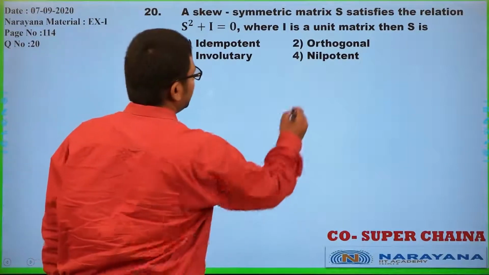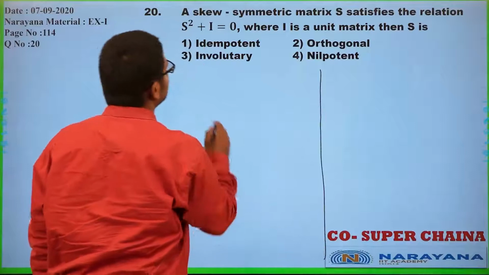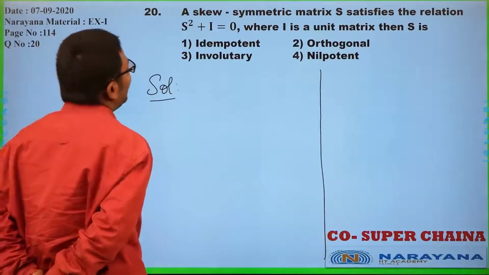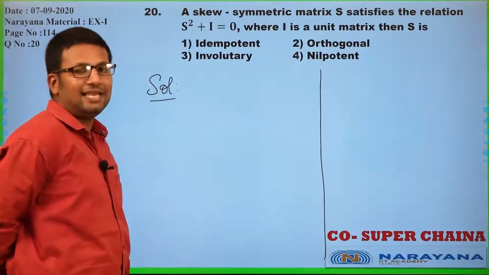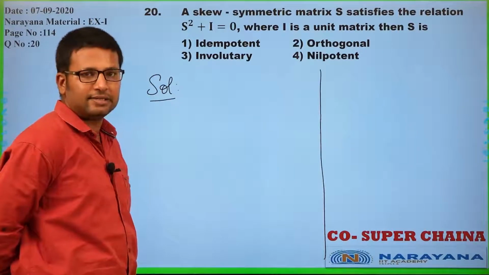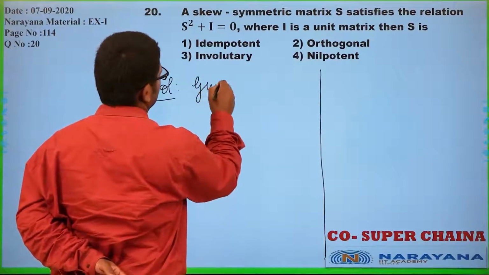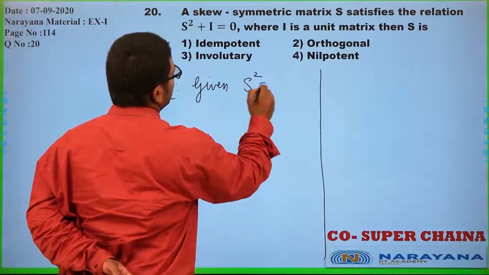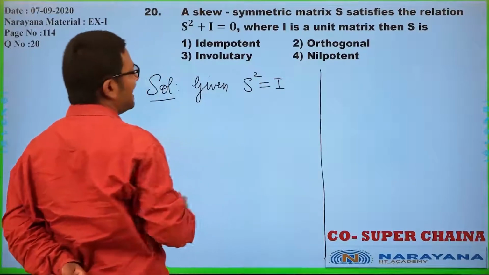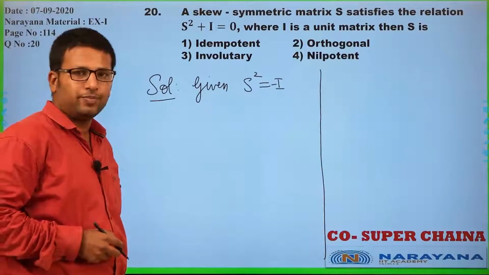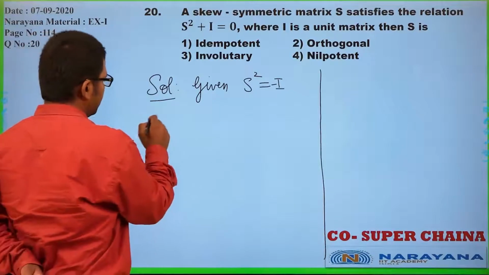A skew symmetric matrix S satisfies the relation S square plus I equal to 0, where I is a unit matrix. Then S is which kind of matrix? Alright. So we will start with the fact that given S square plus I is 0, S square is equal to minus I. Okay. So now we will say